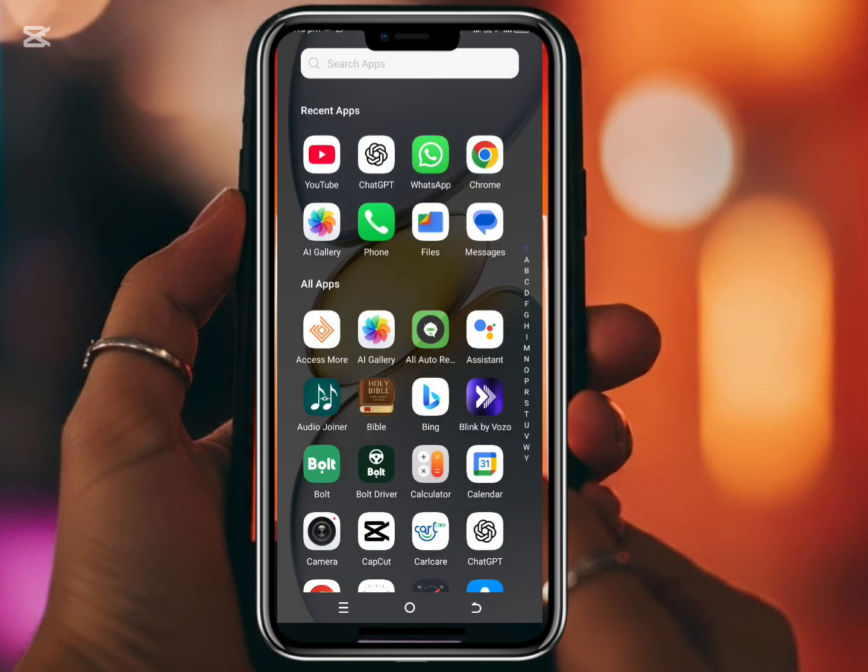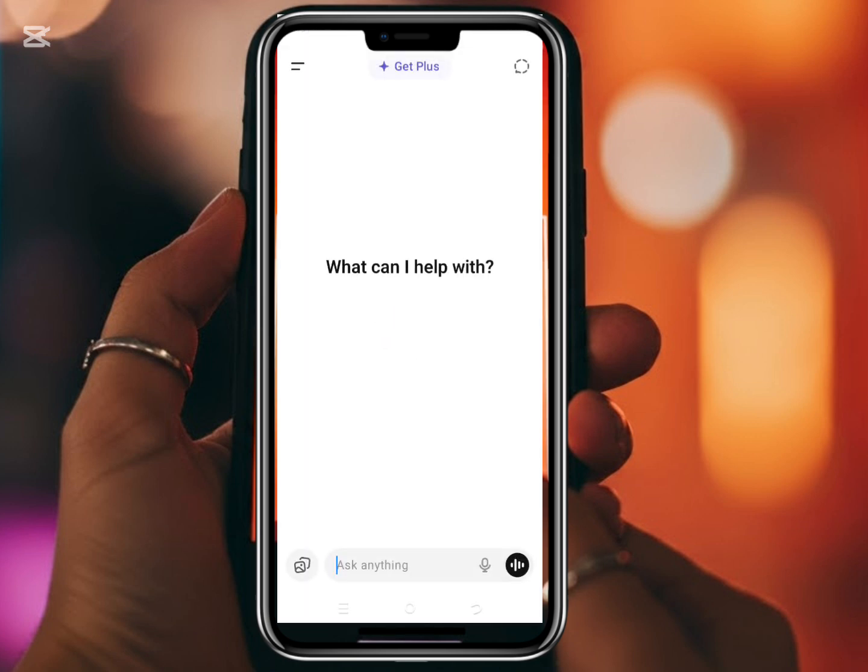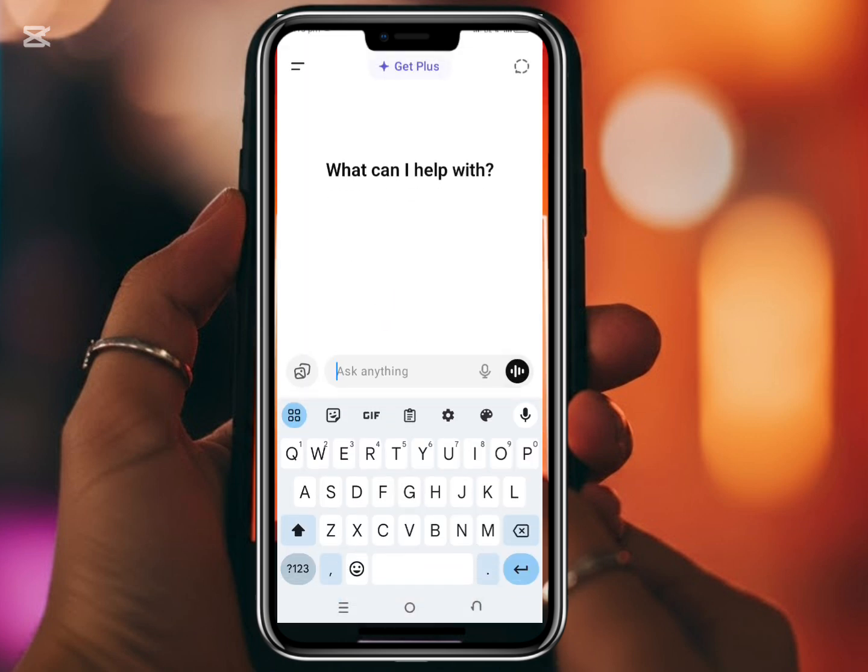Yes, okay, here is ChatGPT. You go to ChatGPT. Right now you can use this button to talk with your mouth, and it will write it for you, or you can write it yourself. So now what you are going to do is come and say